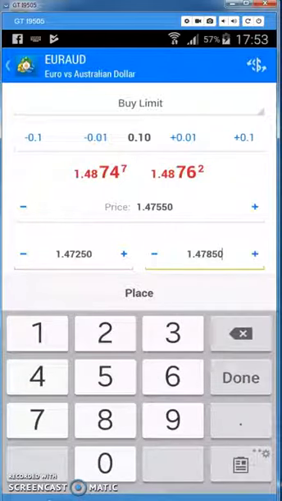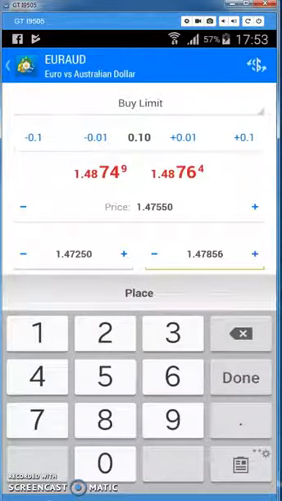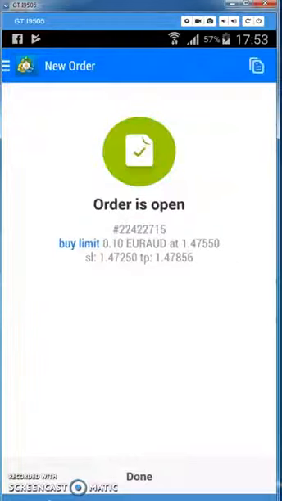Now I'm going to just show you something else later on, what to do to modify the trade. So I'm just going to make a little error on the last one. I'm going to place that as a 56 instead of 60. But I'll do that purposely to show you how you can modify the trade later if you make a mistake. Yeah. So then we hit the place option, which is in the middle of the screen, and that now places